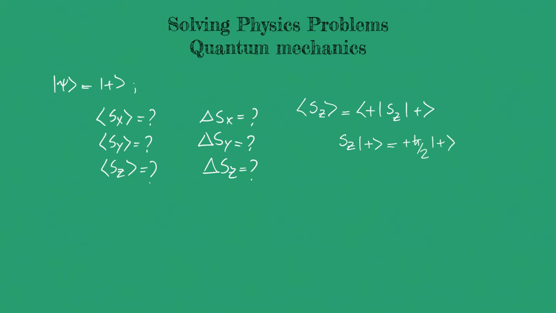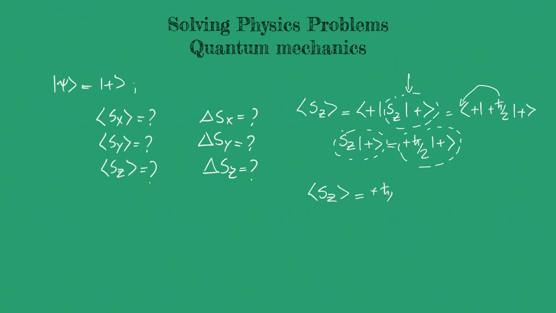The left hand side of this equation is the same as what shows here, and then we can replace this part with the right hand side of this equation right below here. Then we have bra plus h bar over 2 ket plus. We can take this h bar over 2 out of the brackets. Then we end up with the expectation value of Sz equals plus h bar over 2